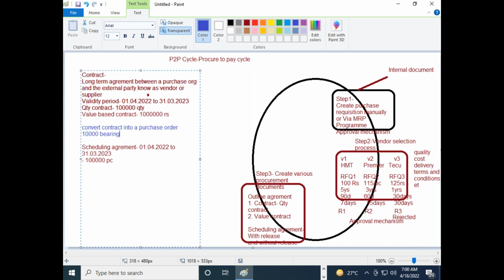But in case of the scheduling agreement, it is not like that. I am not going to convert any scheduling agreement into a purchase order. Instead, while creating the scheduling agreement itself, I will specify the delivery dates in advance. Let us say I created a scheduling agreement on 01/04. Immediately I will also give the delivery schedules, like 15/04/2022. I will ask the vendor to supply 20,000 pieces against the scheduling agreement which I have created for the 1 lakh, and